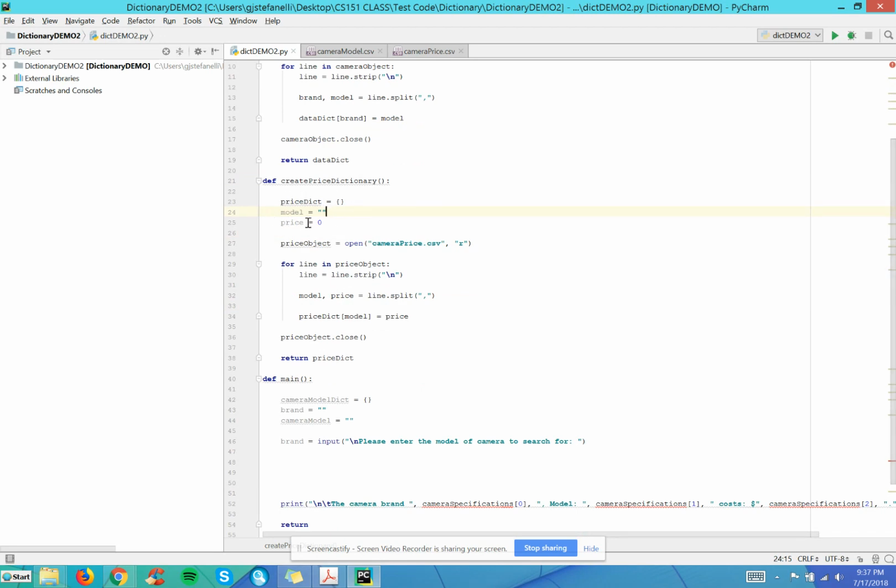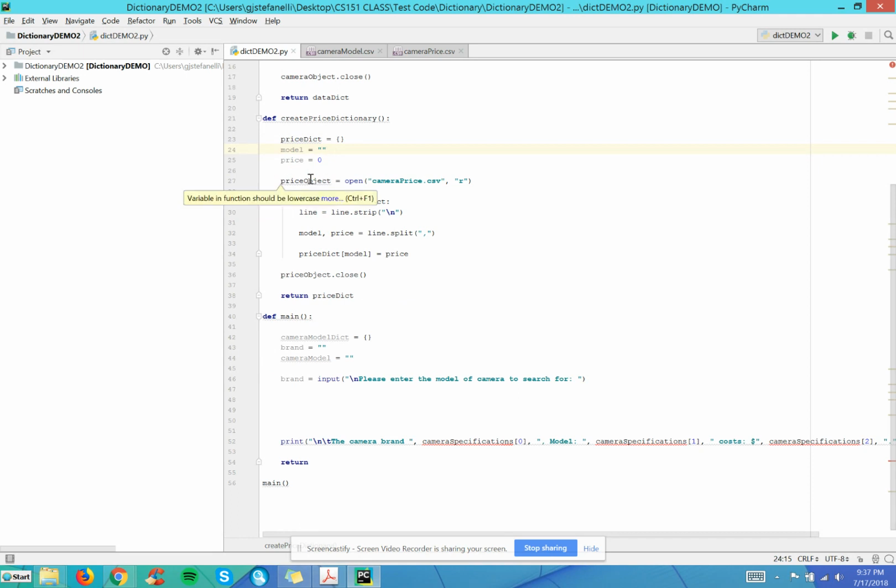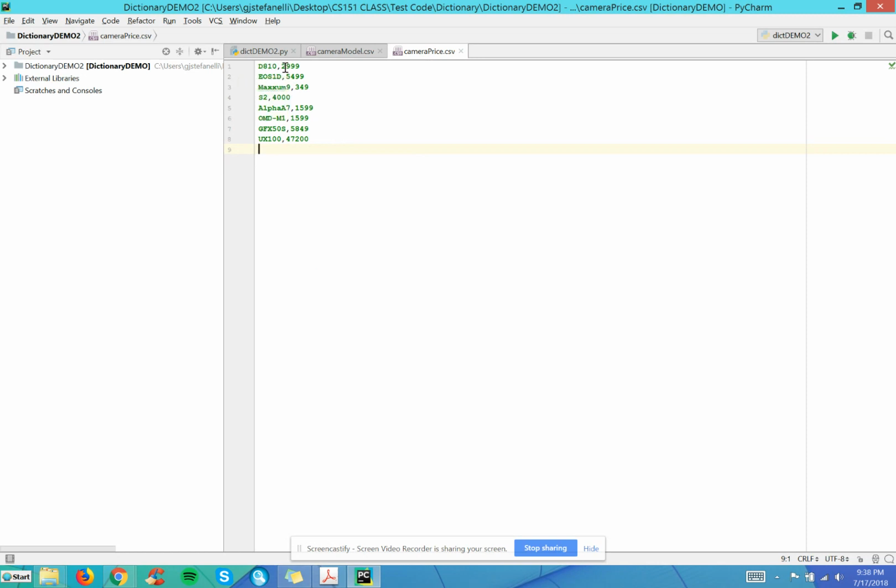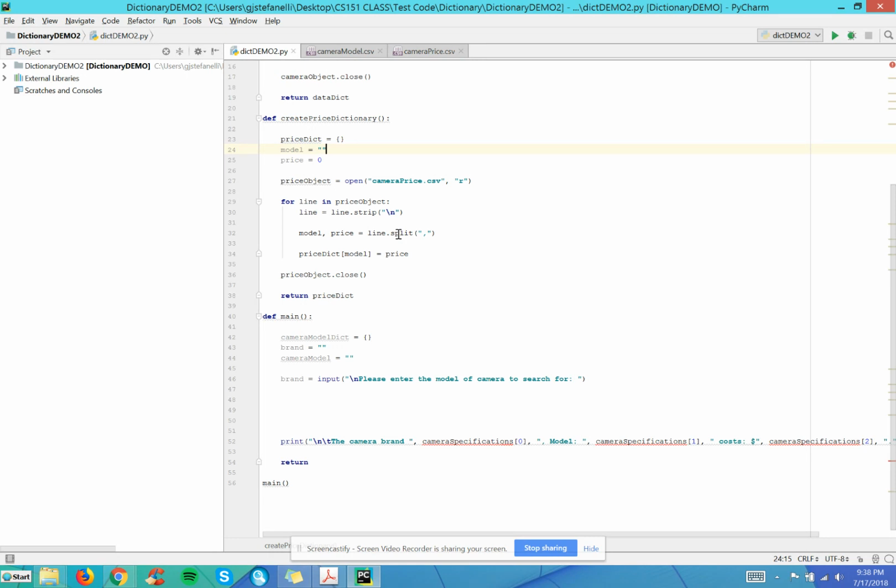They don't have scope outside the function. In this case, I have a new object name called price object. This is a file object name associated with cameraprice.csv, which is right here. Once I open up the data file, I use my for loop to read each line of data, which is model and price. Since it's separated by a comma, I can use the split method to separate the individual pieces of data accordingly. Then once I have the information that I need, I can start building my library